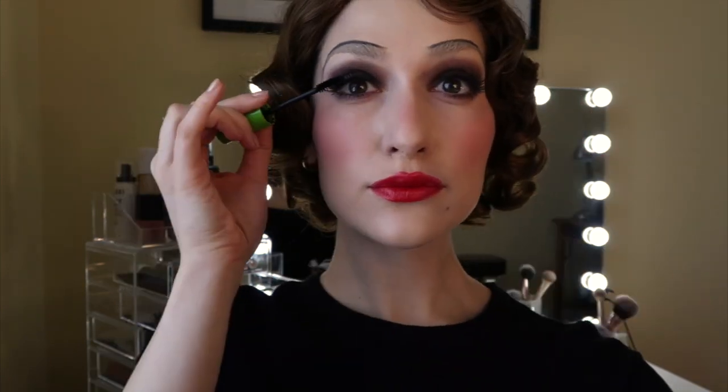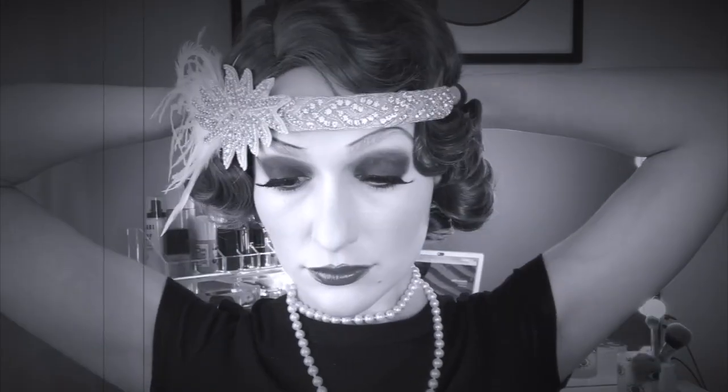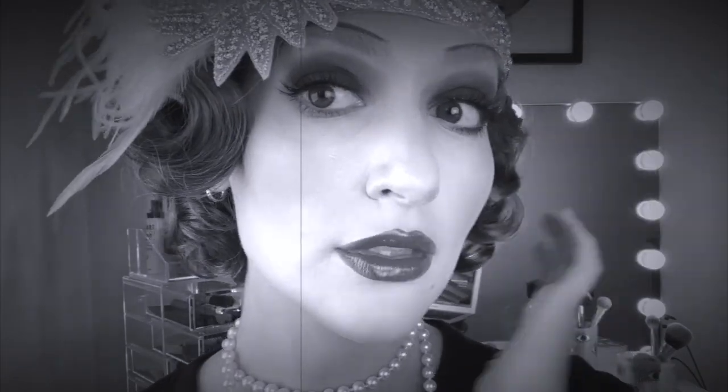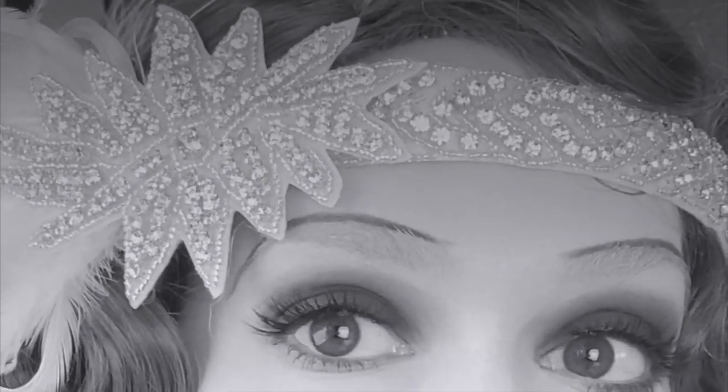And then I'm putting on some pearls and a cute little headband to finish off the look, and we have officially transported to the past, and I feel like I'm looking at a ghost from the 1920s. I'm really happy with how this came out. I don't feel like myself, the brows are a huge change from what